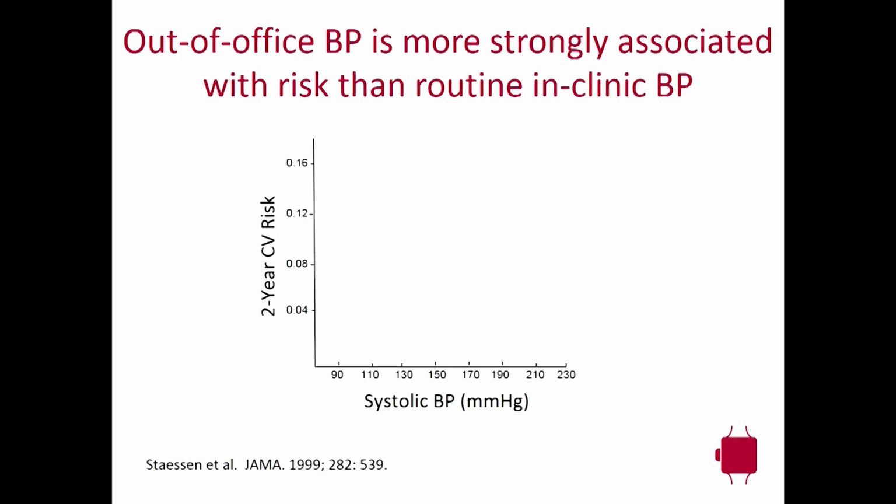So what's shown on this graph, as I populate it, is the y-axis is the 2-year cardiovascular risk, and on the x-axis is the systolic blood pressure. And this is sort of the risk for routine in-clinic blood pressure. This is taken from a study from 1999, but it applies just as well now. Compared to daytime blood pressure that's measured with either a monitor that's affixed to you all day or measured routinely and periodically throughout the day,